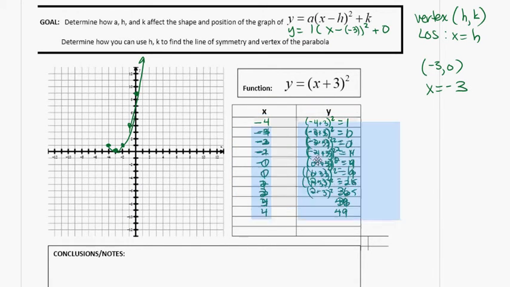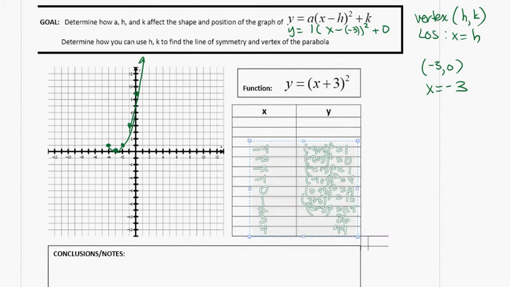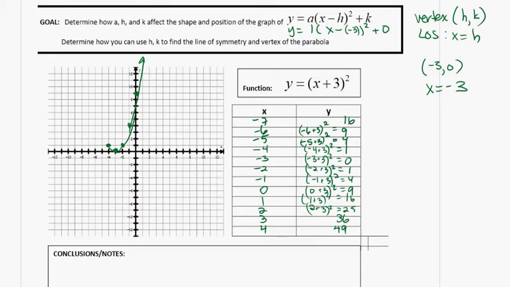For those that can't just move things around, you can always write it below it. So negative 5, negative 6, negative 7. Let's try that. So negative 5 plus 3 is negative 2, squared is 4. Negative 6 plus 3 is negative 3, squared is 9, and 16. So in fact it does mirror, it does create symmetry, because I know that a parabola creates symmetry,